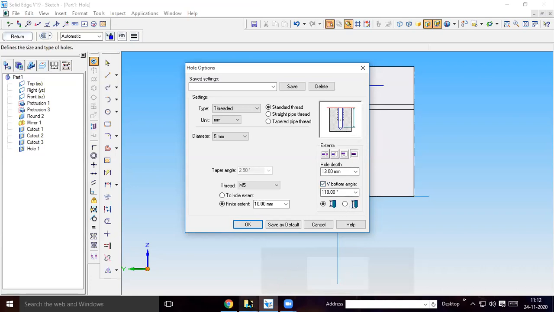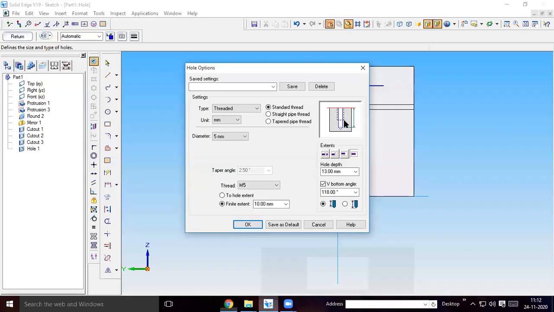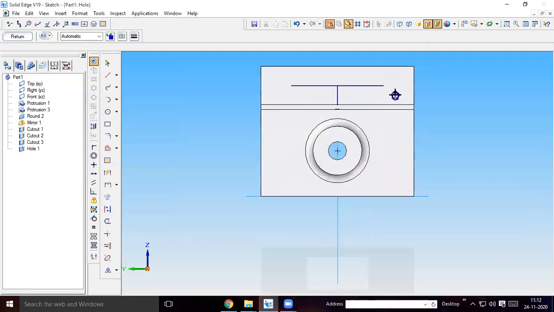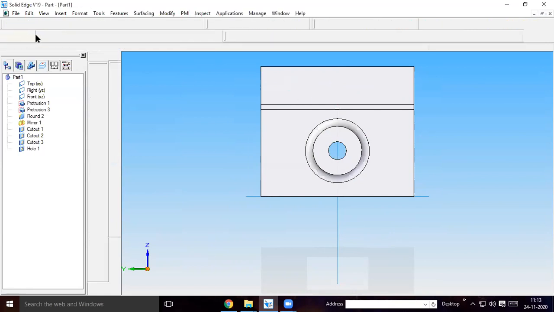So then say save default. Then place one here and at the end of this line, one here. After placing that, you can delete this reference line. Then say return.